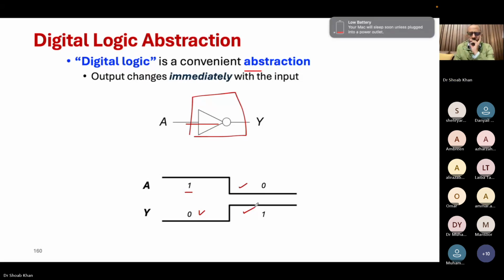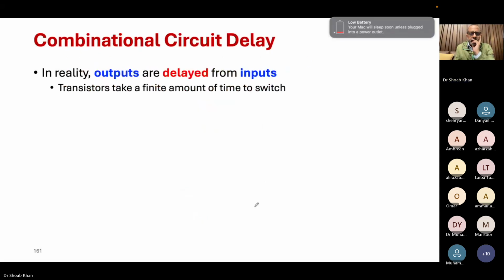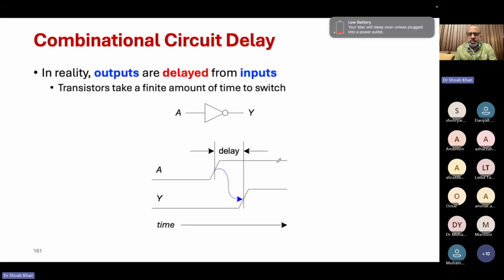What actually happens is that once a transistor is switching from 0 to 1, there is a real delay, which is not right away. The transistor will switch, and every gate that a signal passes is switching. Every transistor will cause a little delay in switching from 0 to 1 or 1 to 0. And once you accumulate these delays